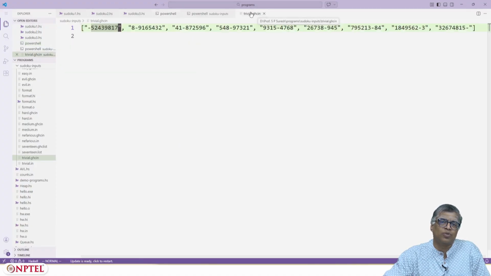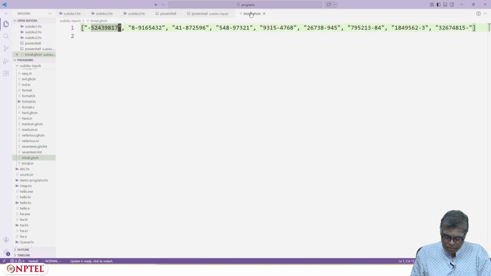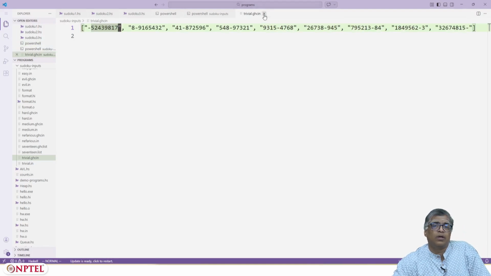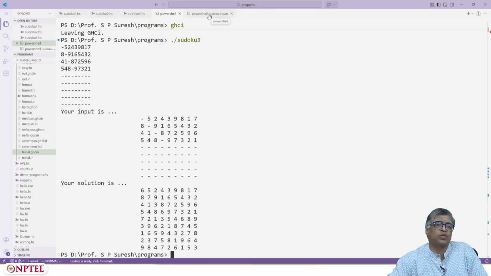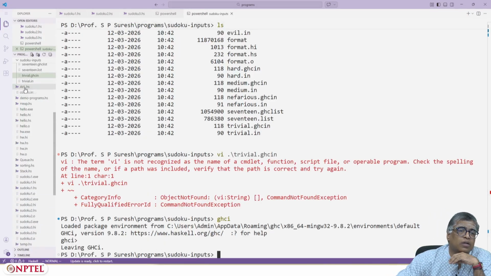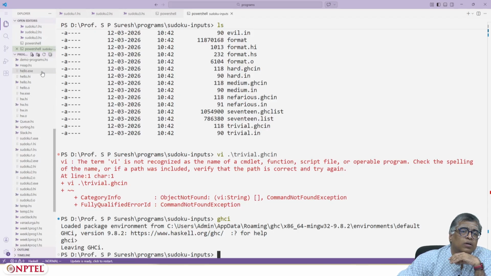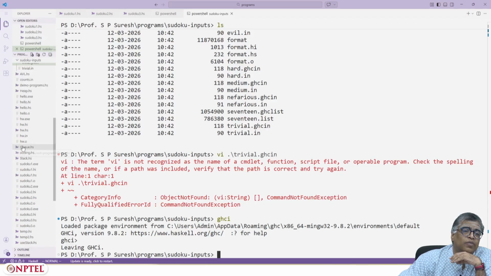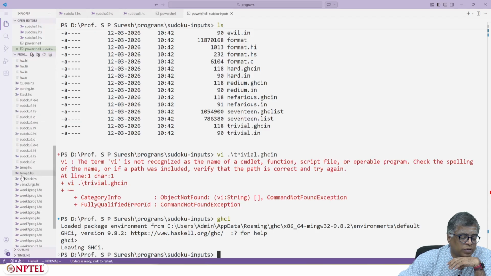Let's try one other example as well. So this example is one other instance of the Sudoku problem. Let's just look at here. There is something called 17 givens.